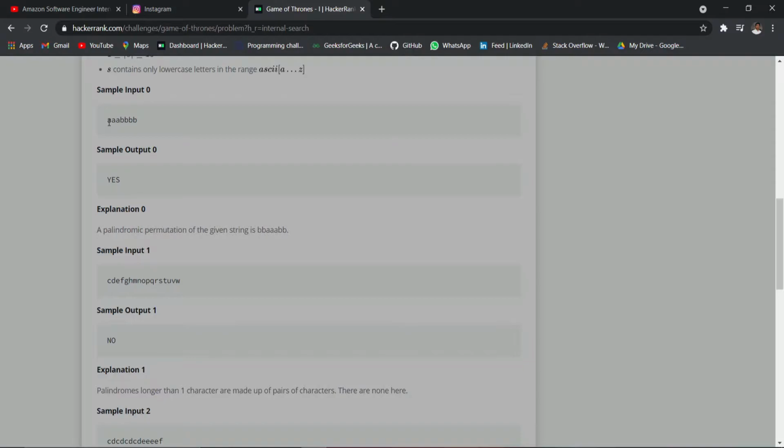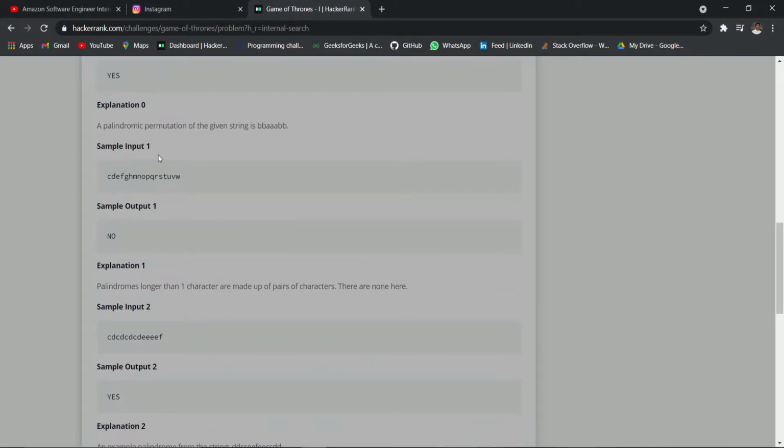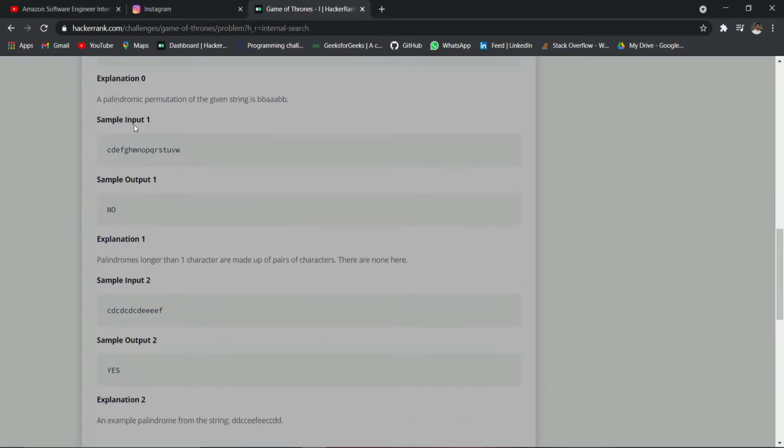Now you can see over here we have given a string with AAA, 3 times A and 4 times B, and we have to return yes, it is a palindrome, or only no. Now how would you know whether it is a palindrome or not? You can see the explanation over here. If we arrange this string according to this format, we can see that it is a palindrome. For the next one it is not a palindrome because there is no duplicate.